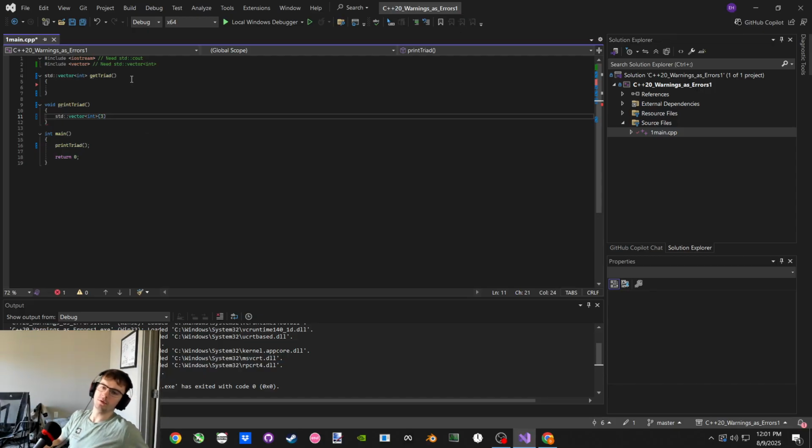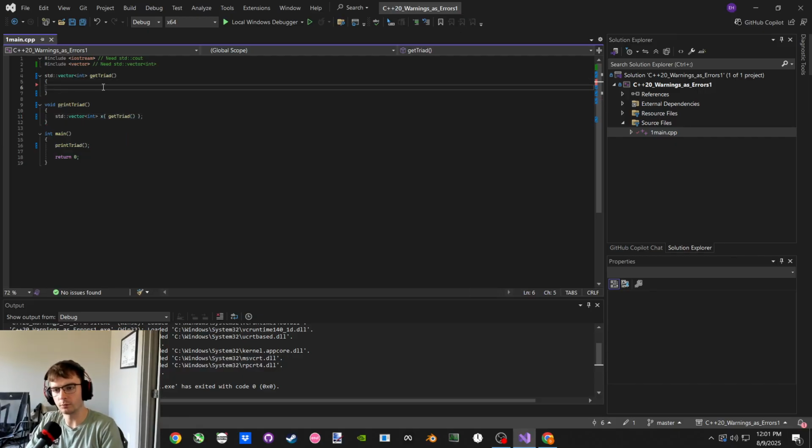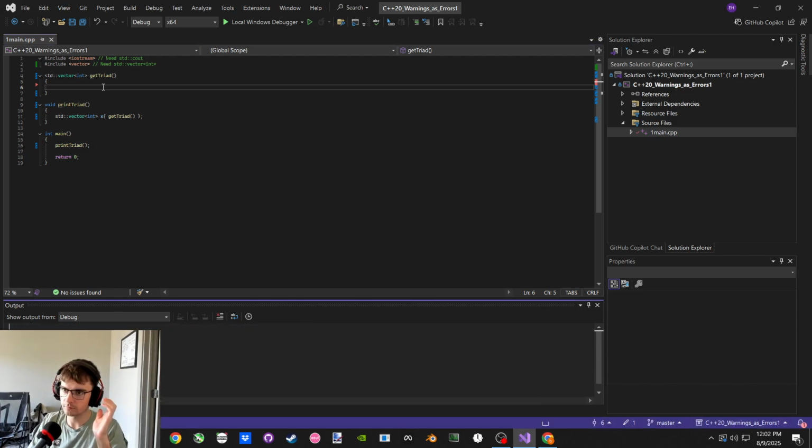So the point here is, guess we want to store it, right? Standard vector int x is initialized with get triad, and what this returns is